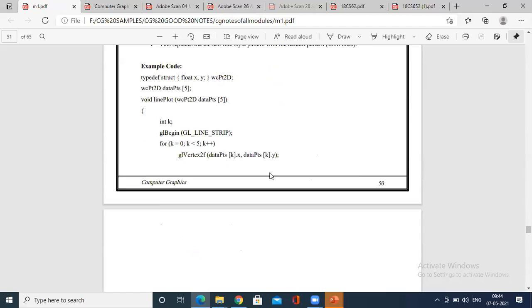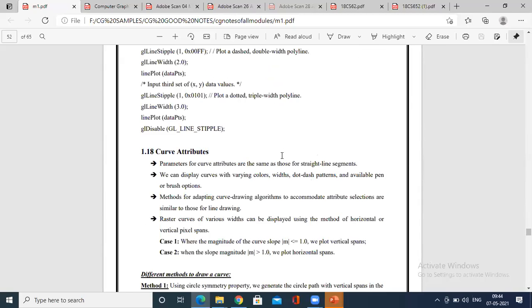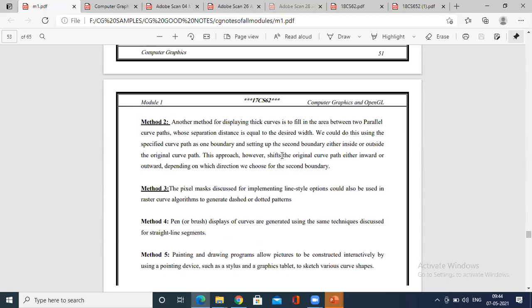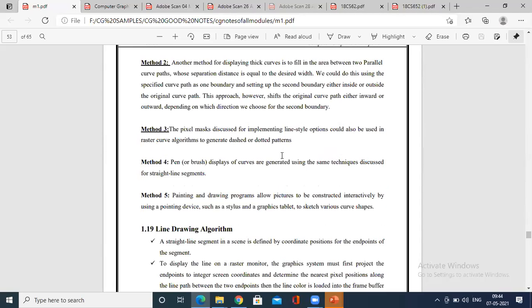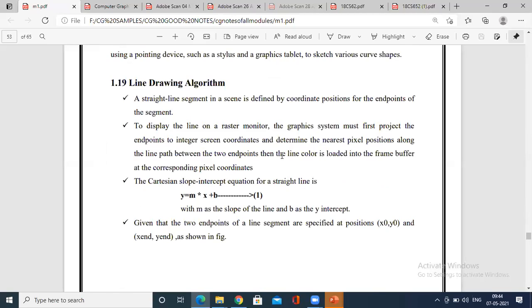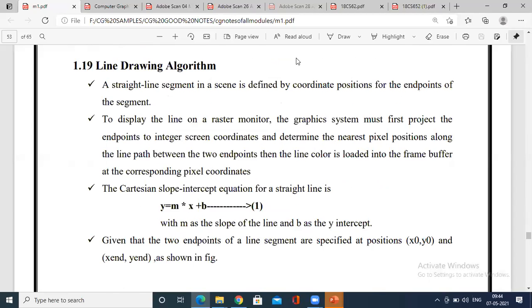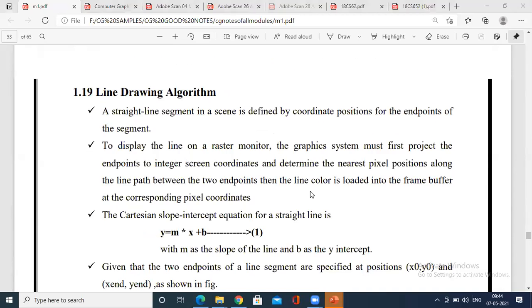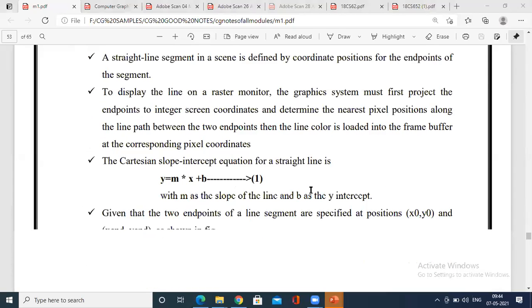So what is a circle drawing algorithm? We need to draw in the same fashion as a line: given the two intercepts, we have to draw an arc or a circle in between the two intercepts. Same as you use the line equation in the case of Bresenham's line drawing algorithm.